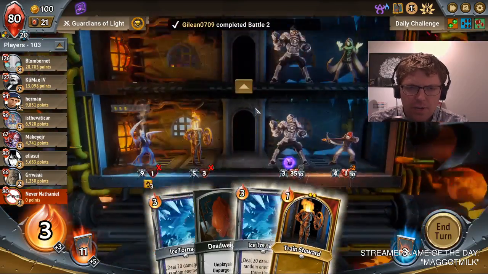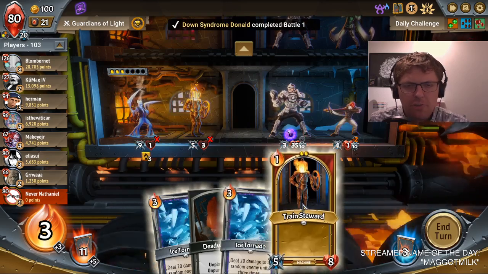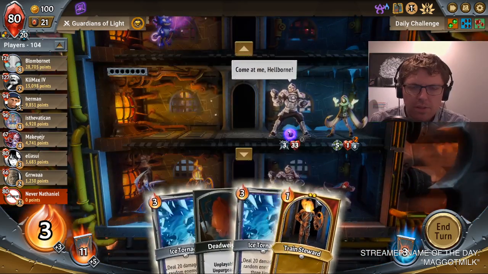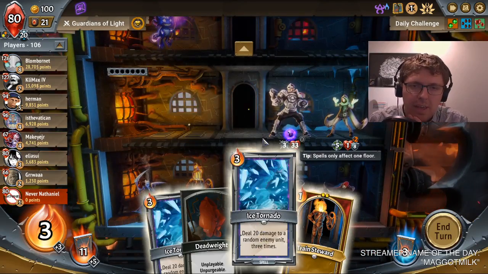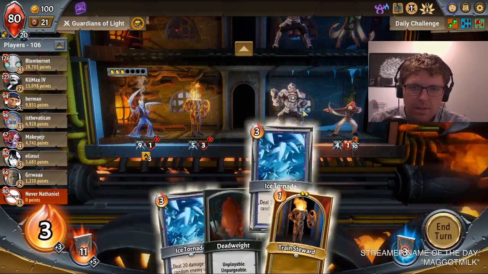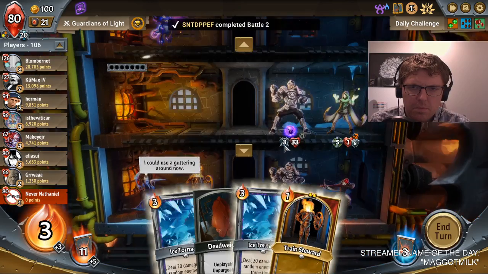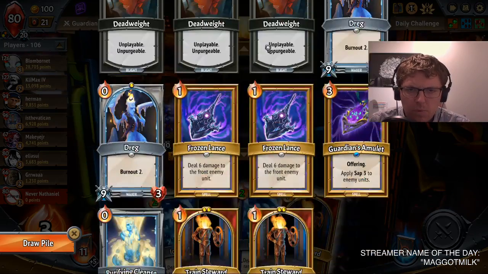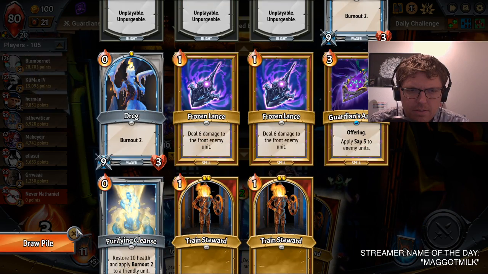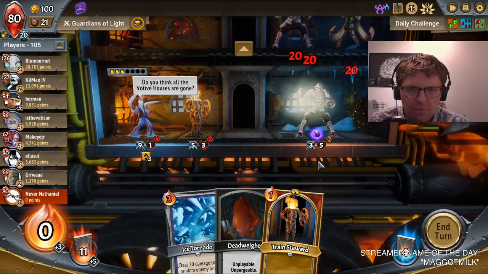We can get this for free. We can put him up front. He still won't get a slay trigger. And then the question is, what do we think is more critical? Actually, we can't play the Ice Tornado and a Train Steward. What do we have left in the deck? I think we go with Ice Tornado on this floor